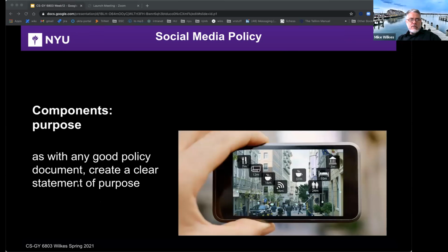All right, so let's talk about the purpose of the social media policy, right? As with any good document, it has to create a clear statement of purpose. State why your organization is engaging in social media and the scope for putting in place a policy that governs its use. This will help everybody attain a solid understanding of the business, marketing, and technical reasons behind the social media presence. Here I had an augmented reality app